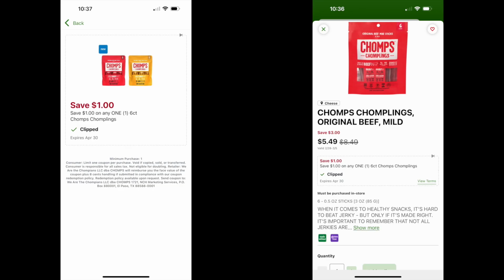Next up is the Chomps beef sticks. These are $5.49. There's already a savings, so it's already on sale. You're going to save $3. So $5.49 for these. There is a $1 coupon on the Publix app. So that's going to leave you to pay